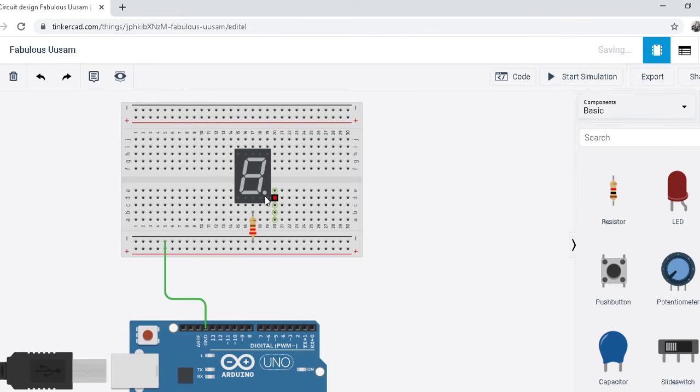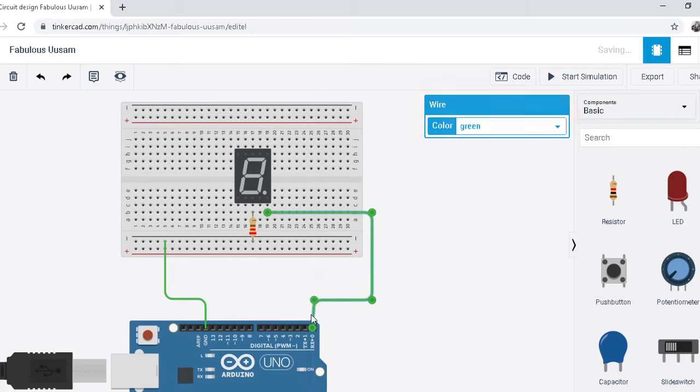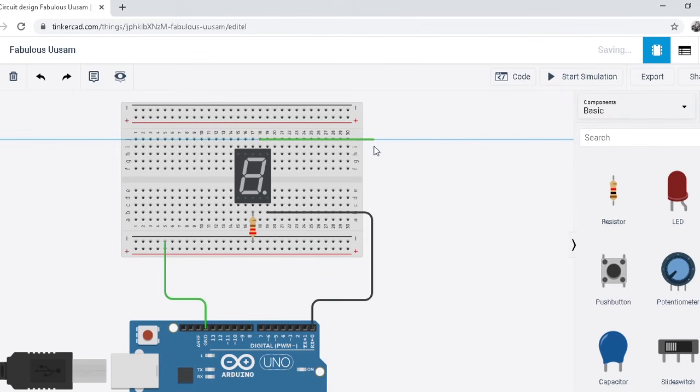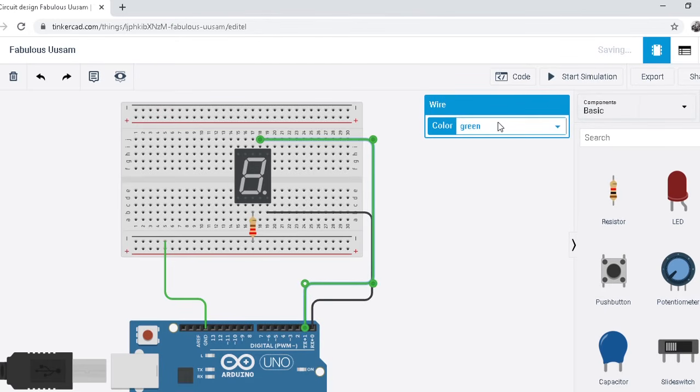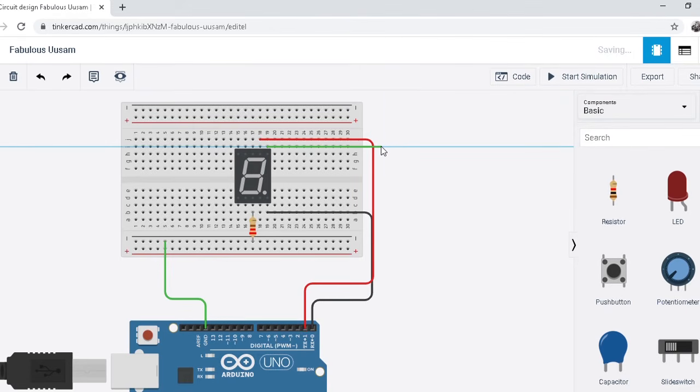And now we are going to attach the pins one by one to the digital pins. Now I'm going to attach the DP pin to pin number 0. Now attach the A pin to pin number 1. B to pin number 2.